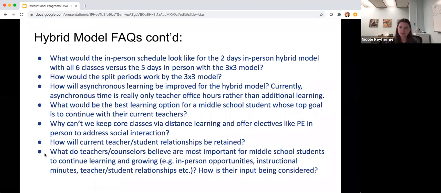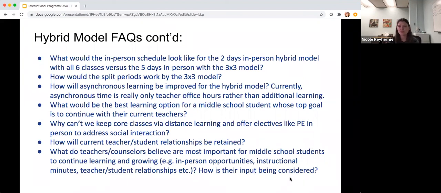But I do want to say that we have a very large working group that has come together to discuss these very things. And part of our conversation every week is really on what is best for students. And I think what we've come up with in the end is that what is best for each individual student is often very different, but we do know that we need to support them in a variety of ways, both academically, social-emotionally, and just building those strong relationships that they don't necessarily have.